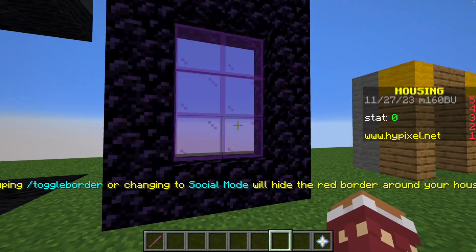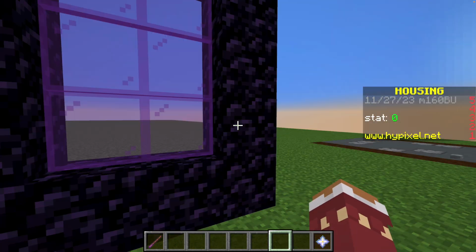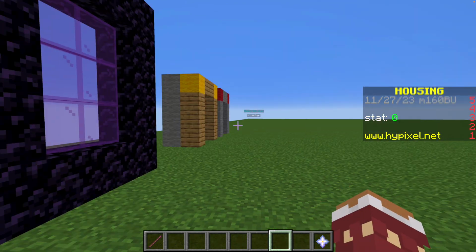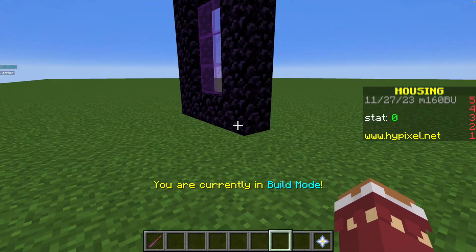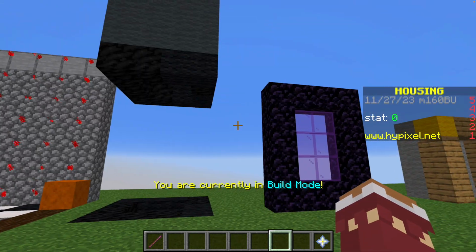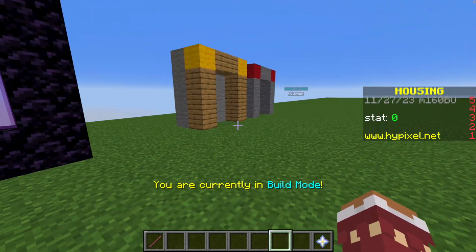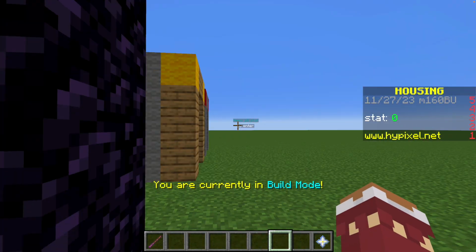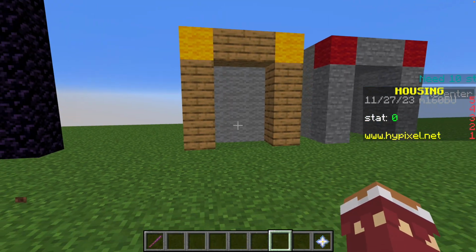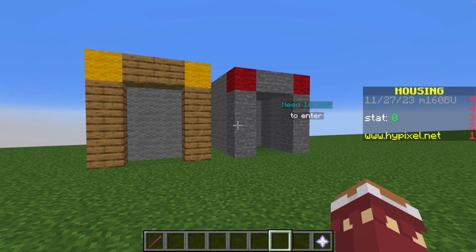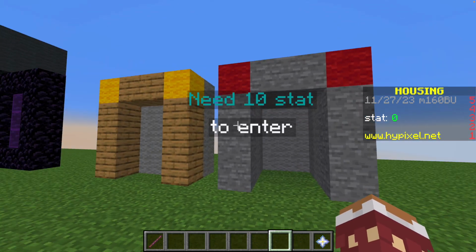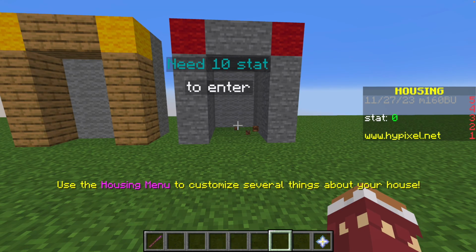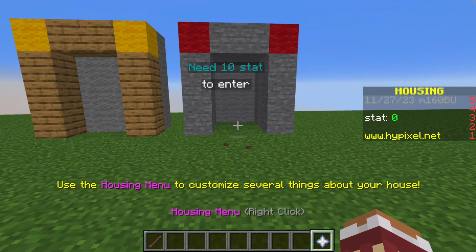Another thing for the regions, you can run into this. It can teleport you back and forth. This was used by using two regions, a region there that teleports you there, and a region there that teleports you over to there. So you can make portals like that, but it can teleport, but if you look right here, you need 10 stat to enter. If you see on the side of our screen, we don't have any stat, so it teleports us back. And how I made that,